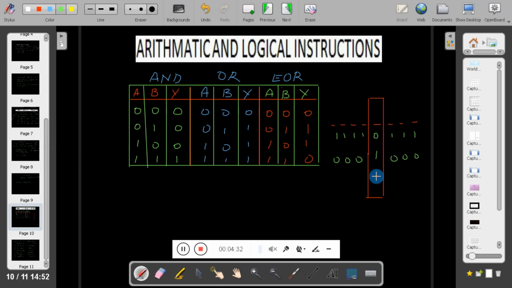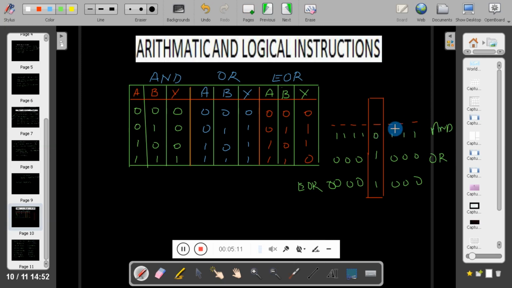Suppose I want to make the particular bit complemented, then you see in exclusive OR, if you XOR with 1, the bit will get complemented. If you XOR with 0, bit will remain as it is. That means in exclusive OR, rest of the bits 0 and this bit is equal to 1. So this operation is exclusive OR. This operation is OR. This operation is AND.